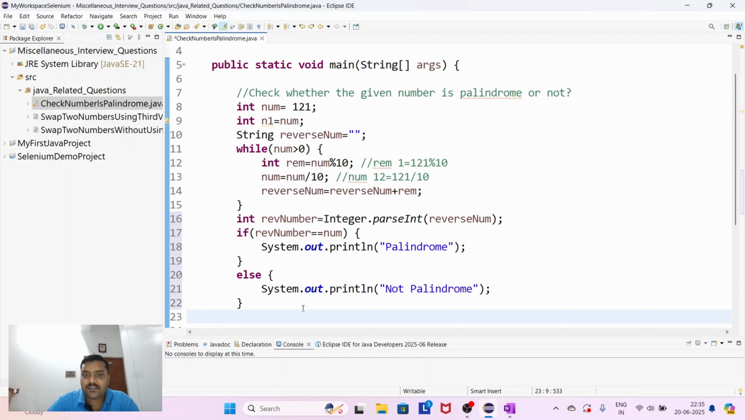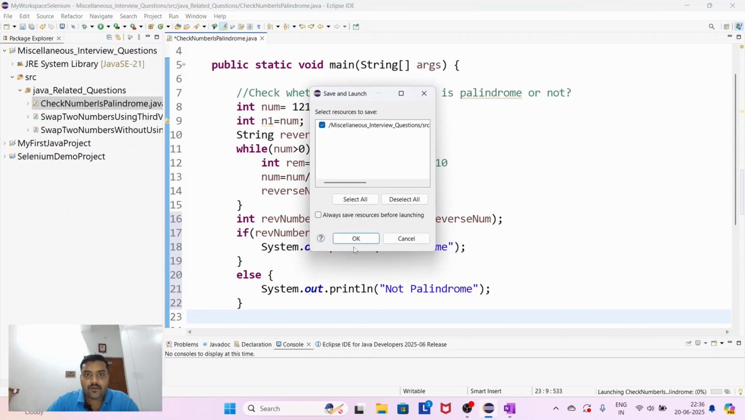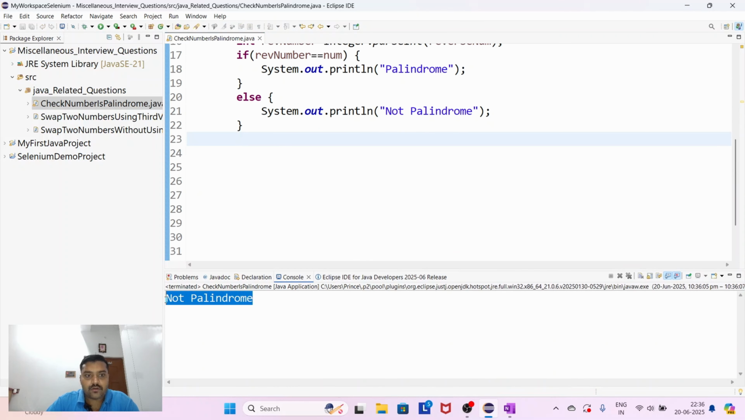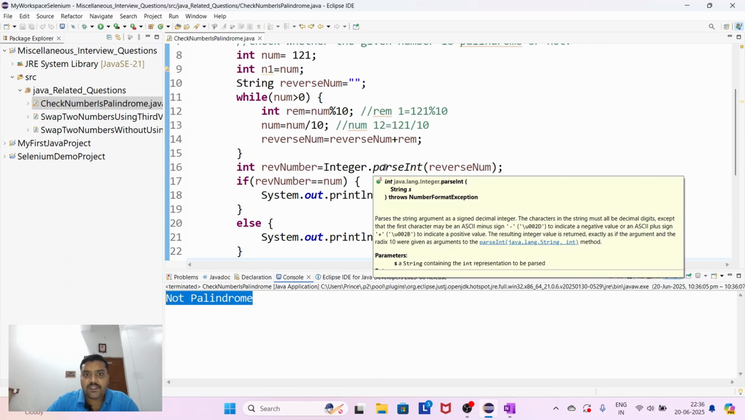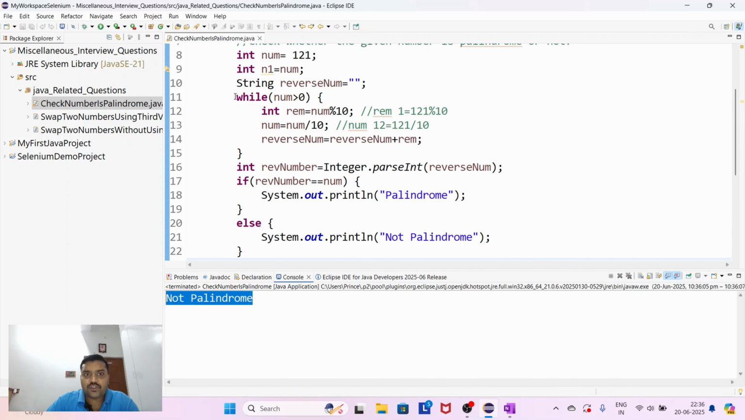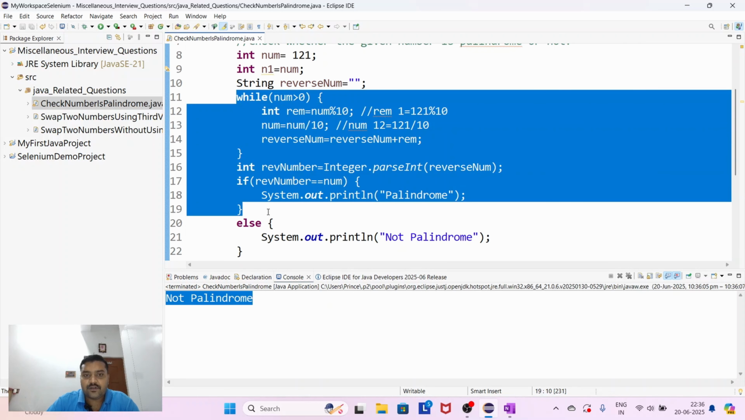Yes or no? The answer is no. Why? I am telling you in a bit. Just run this. So, not palindrome, right? But as you have mentioned that this procedure is correct, so why is it saying not